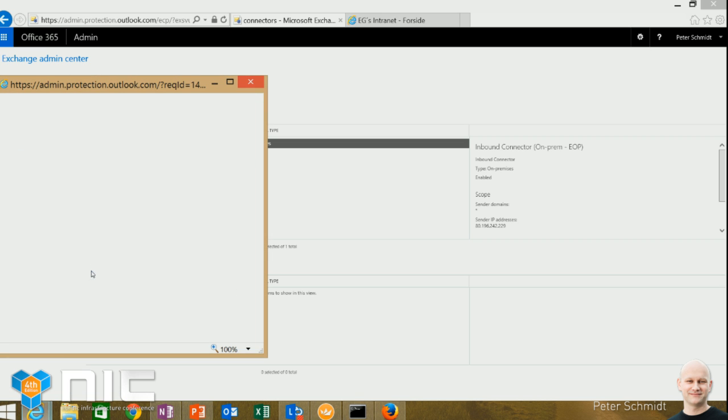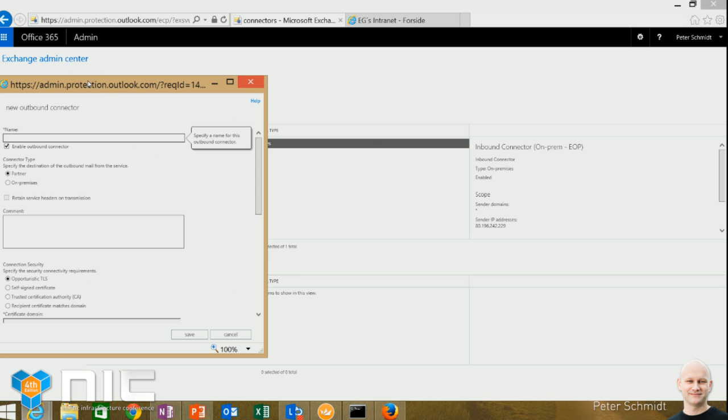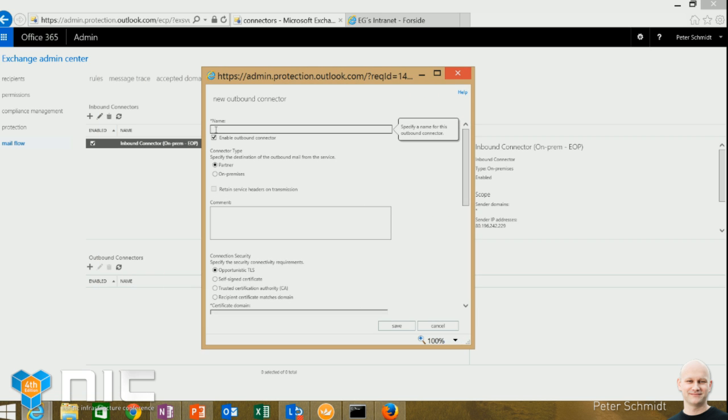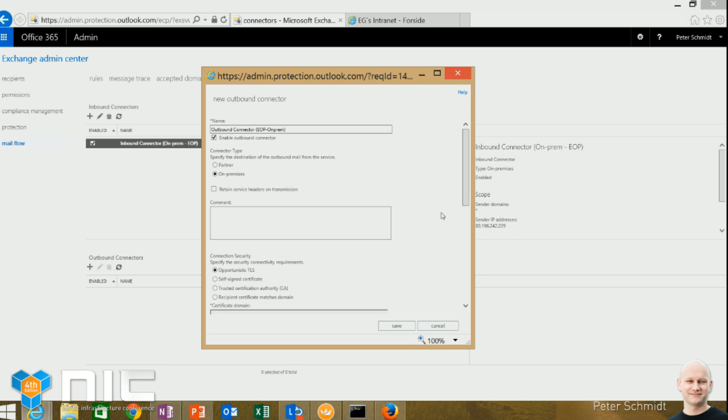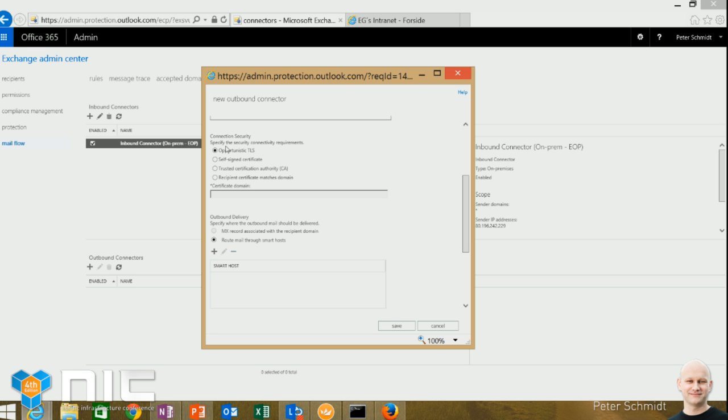Now we want EUP to be able to deliver mail to our on-prem environment as well. This is still an on-prem we want to communicate with. We're still using opportunistic TLS on this part.